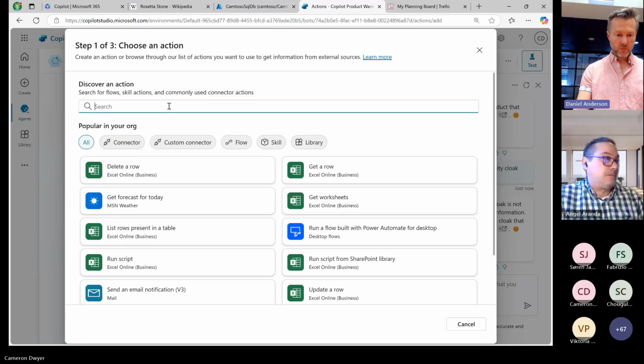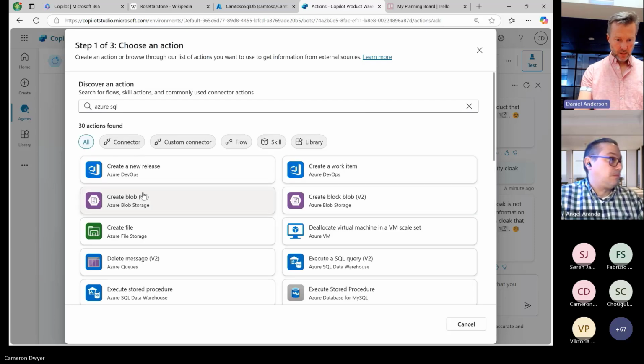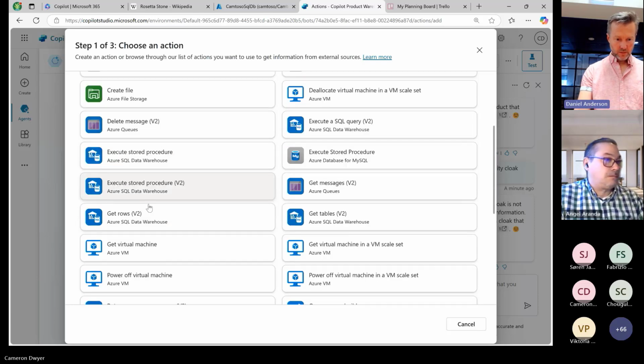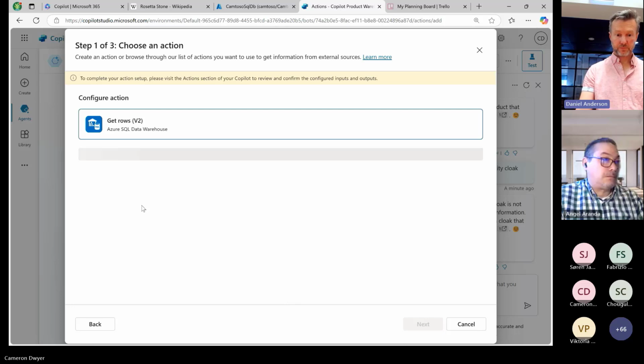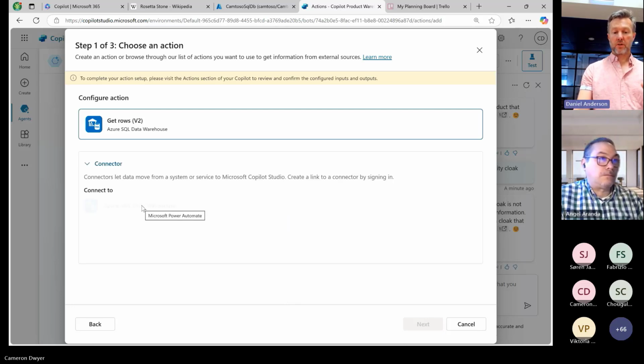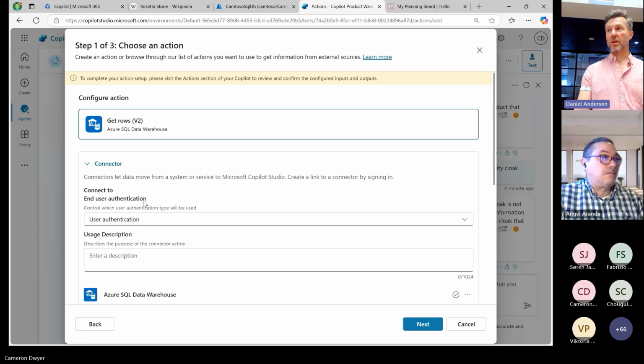It means that straight off the bat, we've got a lot of capabilities that we can add to Copilot. So one of these many things that's in here is I can talk to an Azure SQL database, which is where that Harry Potter stuff is. So Azure SQL, I want to use one called Get Rows. So what you typically find is these Power Platform connectors are very narrow in their use case. So this is Get Rows. It's very specific as to what it will do. And every connector is different.